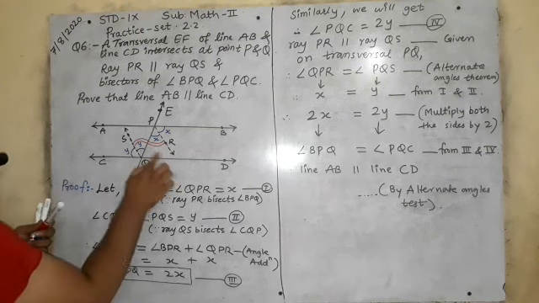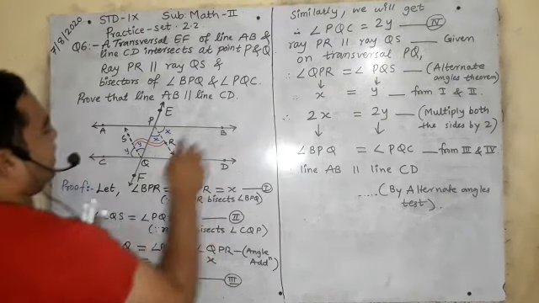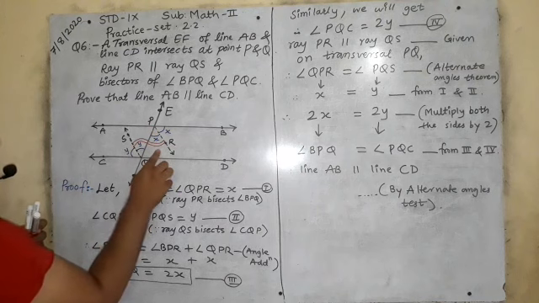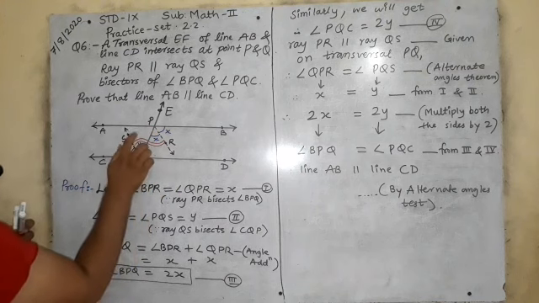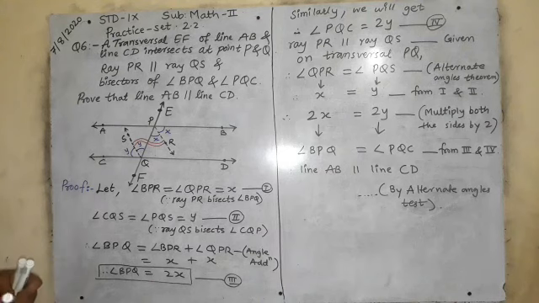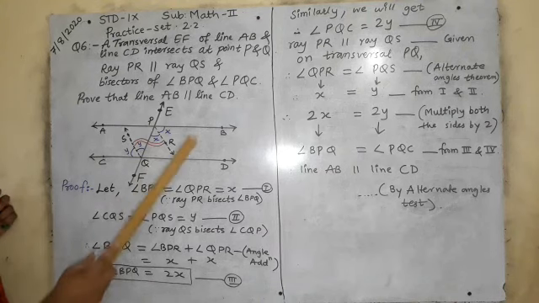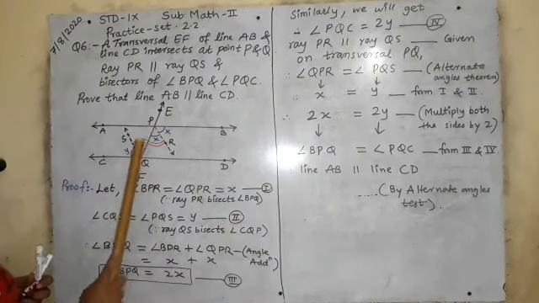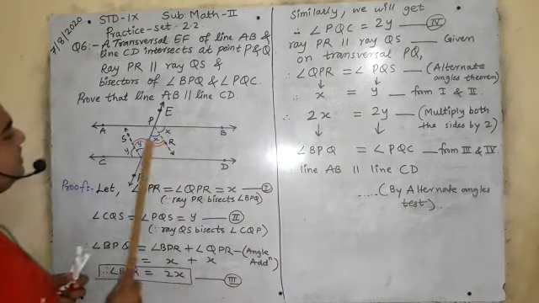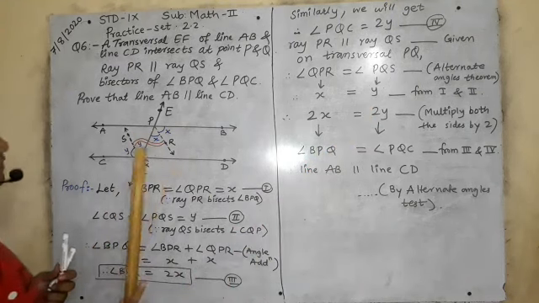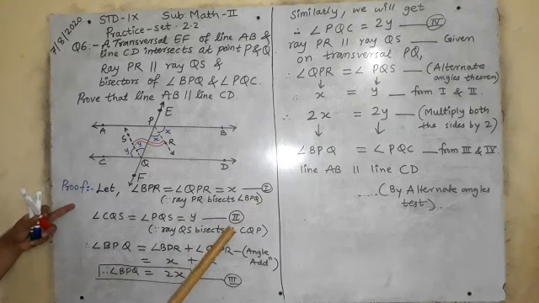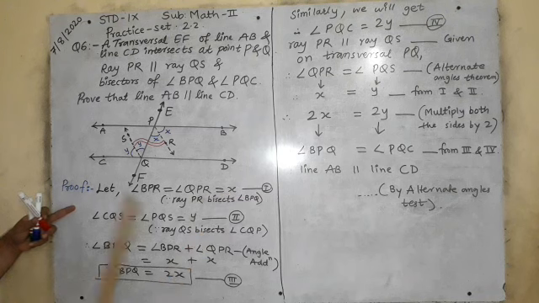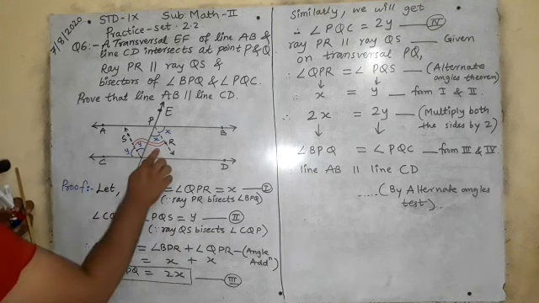So we can say that angle QPR, this angle, is equal to angle PQS, this angle, because they are alternate angles. So here alternate angle theorem is possible. So I will write QPR is X and PQS is Y. So we can say X is equal to Y. How is it possible? From first and second, as we know that QPR was X and in second we have seen PQS was Y. So X is equal to Y.